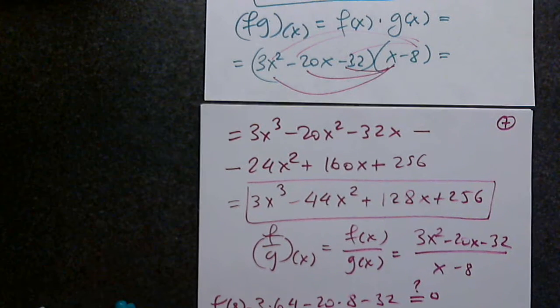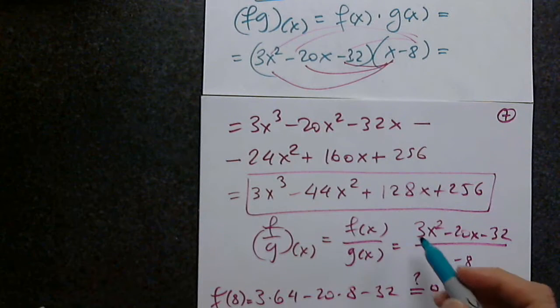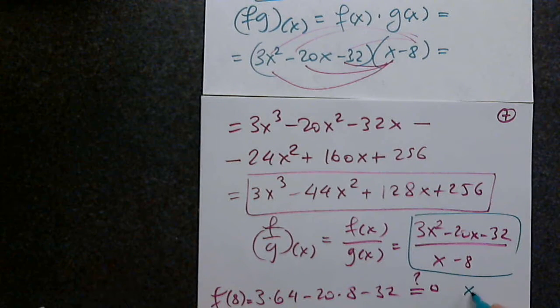But let me not hold you over, so I'm just going to calculate this. So 3 times 64 minus 160 and minus 32, it's not 0. So you do not have to do anything here. This is it. But now you still have to write x not equal 8. It is always wise, because